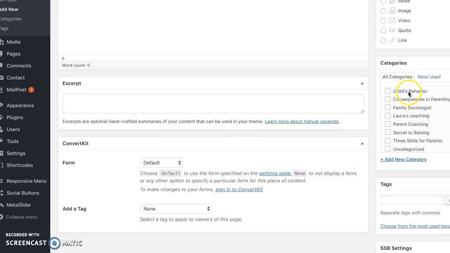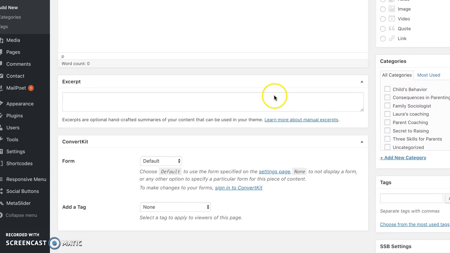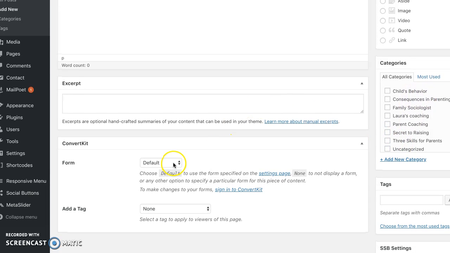So say there is a form that she has created, and you want to make sure that every time you write a post that you would categorize under one of these, you also add them to a form. Now, I had clicked on here and nothing showed up, which led me to